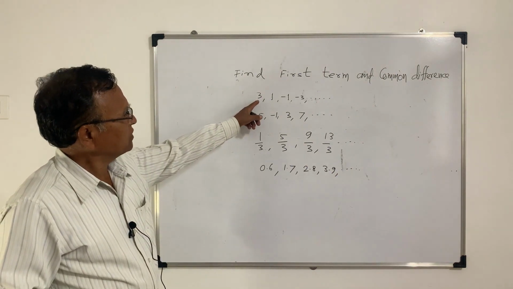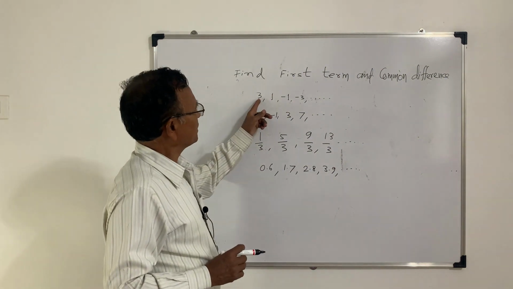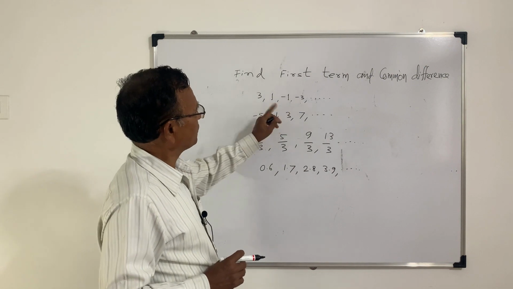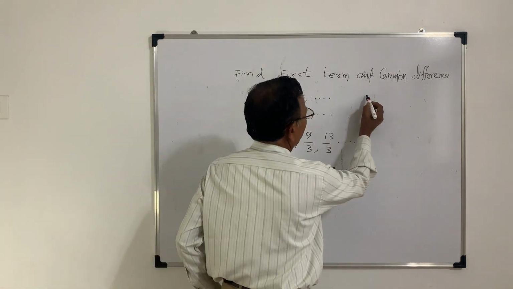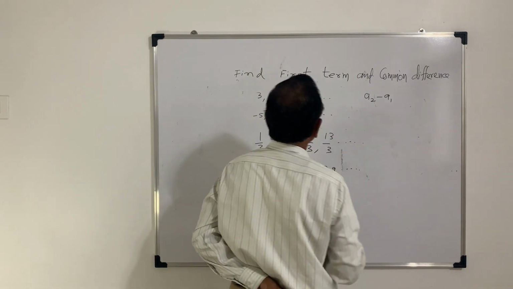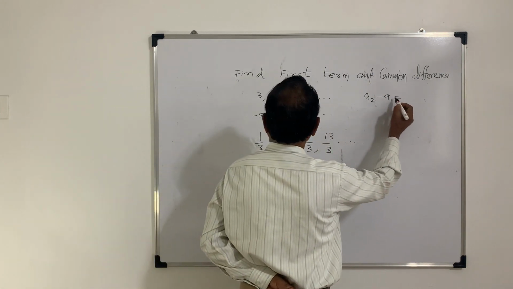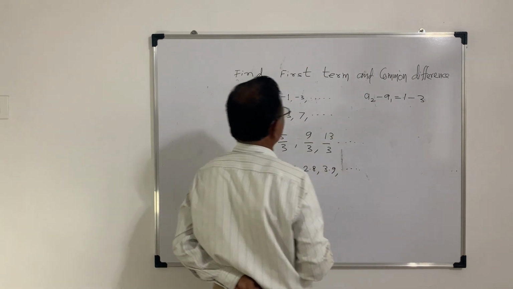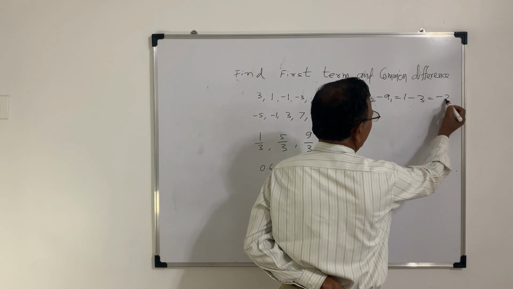तो अभी ये जो दिया है इसका फर्स्ट टर्म 3 दिया है और कॉमन डिफरेंस निकालना है तो आपको वही a2 माइनस a1 करना पड़ेगा। तो a1 3 है, a2 1 है, तो 1 माइनस 3 करना पड़ेगा। सो दैट इज -2,